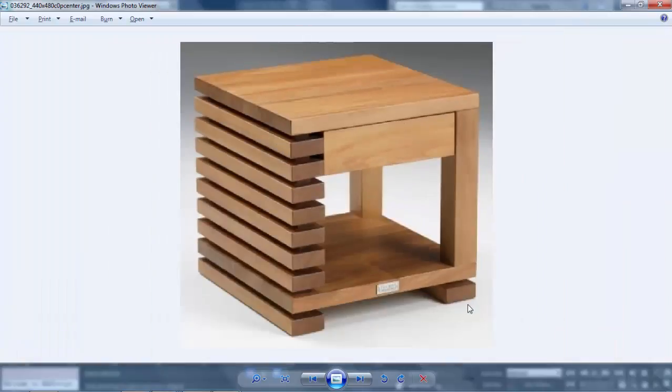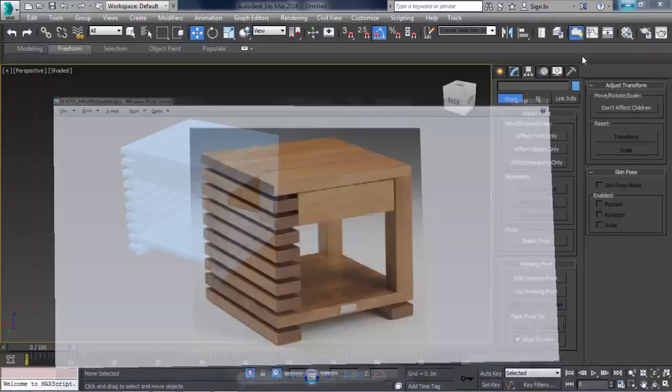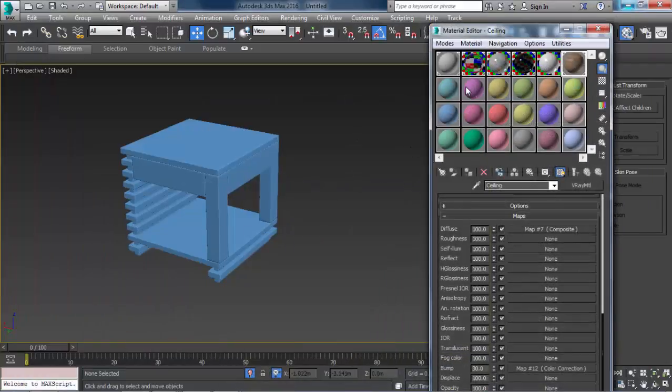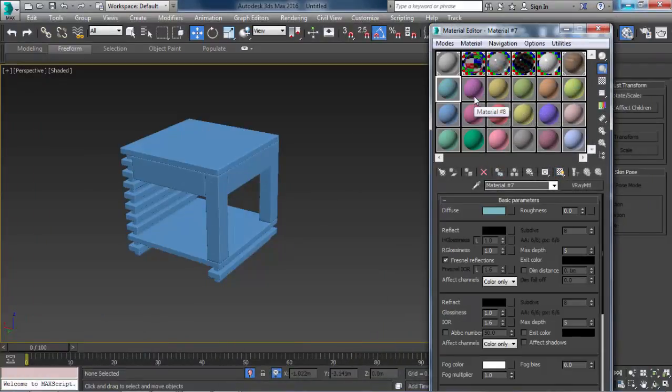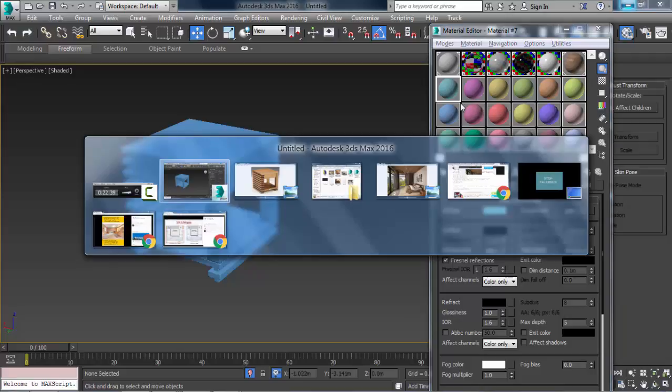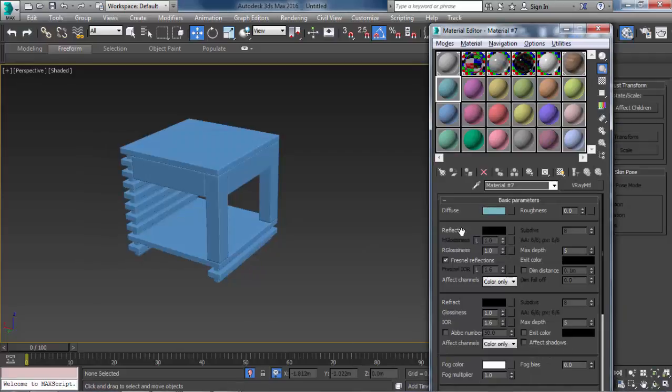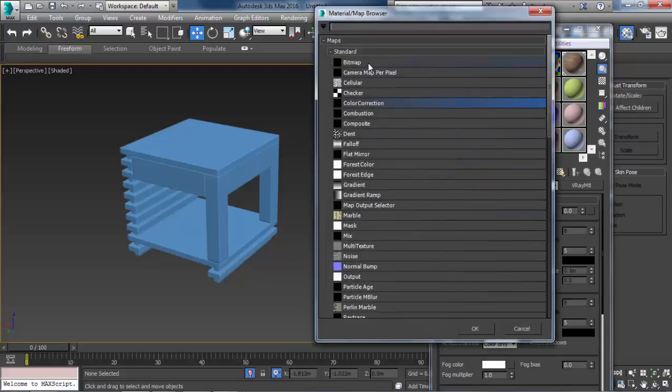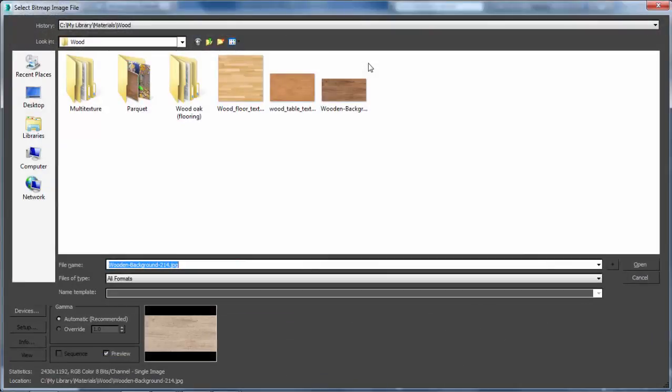As you can see, they have used two different materials, two different wood types, colors. So we'll add those. Come here from the material. Yeah, so in diffuse, I'll use a bitmap. This one I pull in the background.